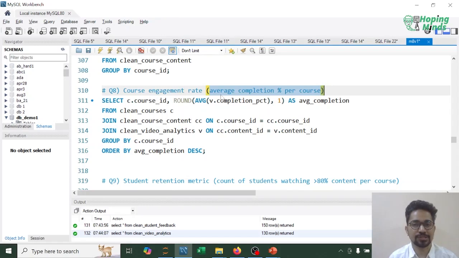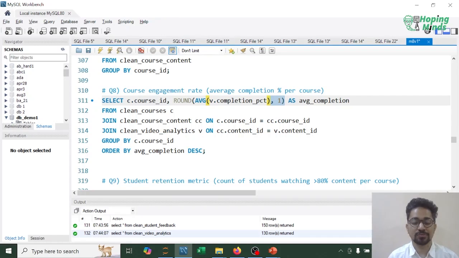This average completion percentage is present in the video analytics part, right? So over here I'm writing c.course_id. Here c is referring to the clean courses table, I've aliased it as c. Then I'm rounding the completion percentage, which I fetched from v. v is the alias name for the clean video analytics table, as the average completion. So course ID wise, the average completion percentage, I'm rounding it off to 1 decimal place